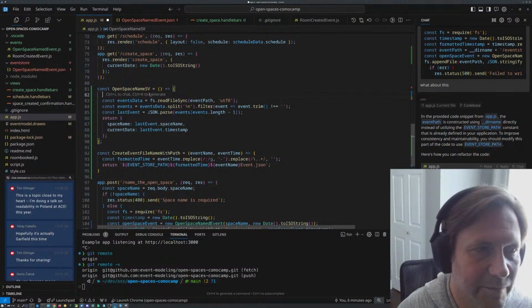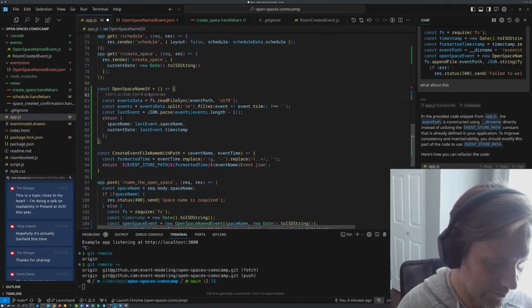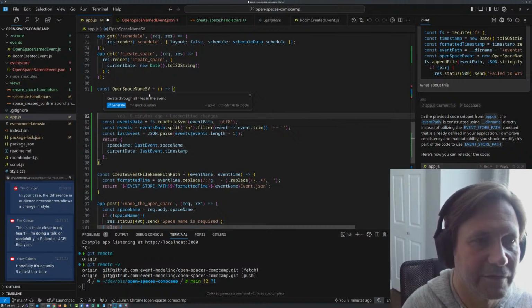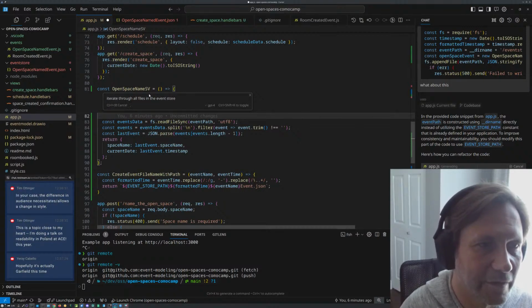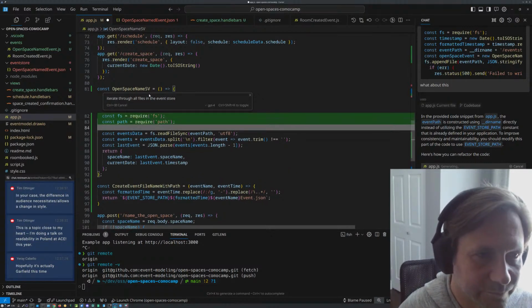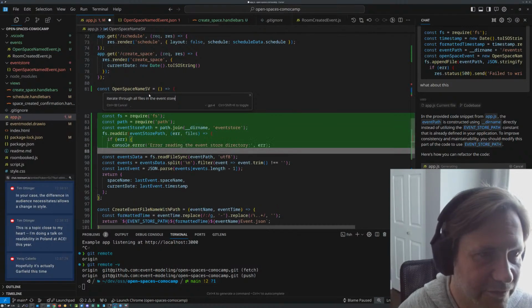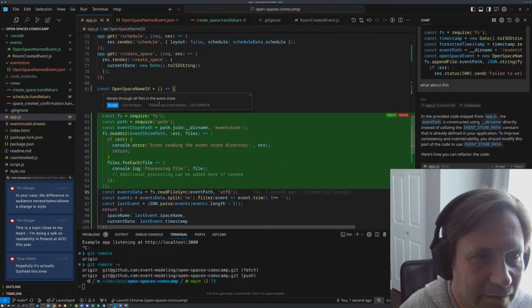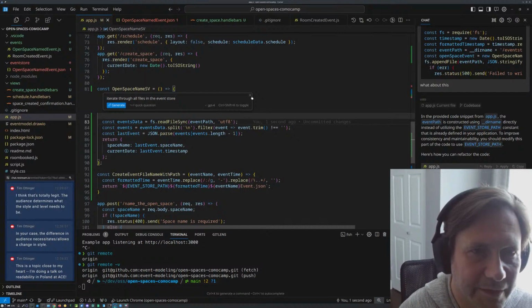Yeah, so we want to Control K, iterate through all files in the event dir. That stupid thing. Why does it not have context with the rest? So reject. I don't want to require a path.